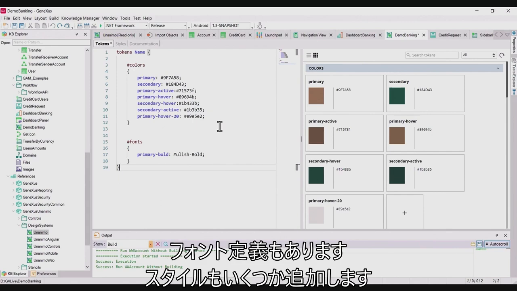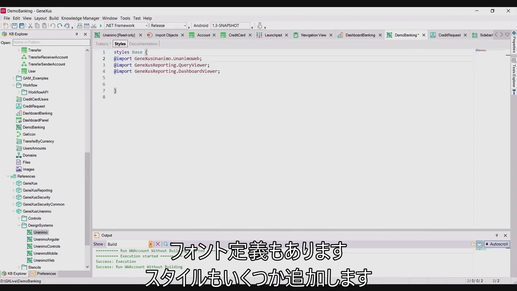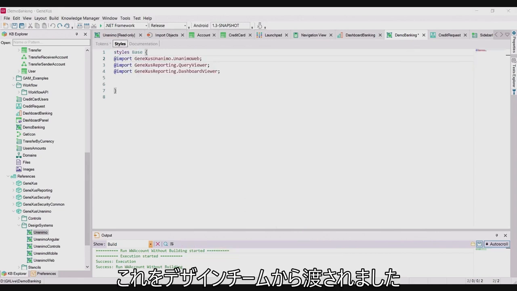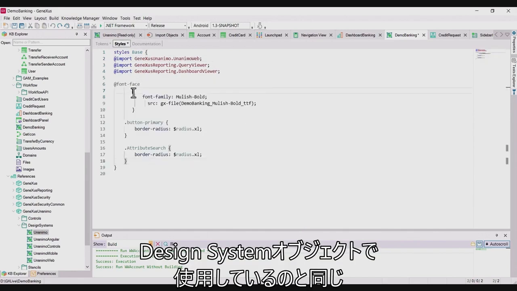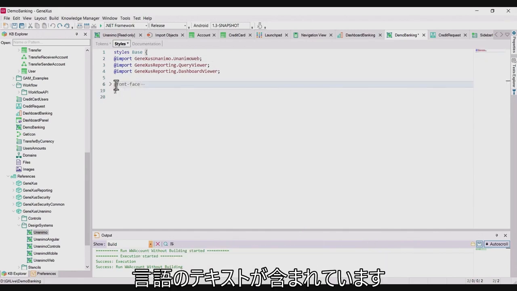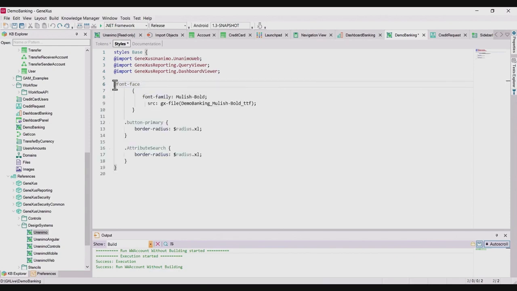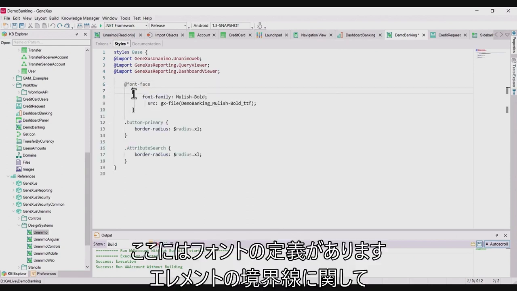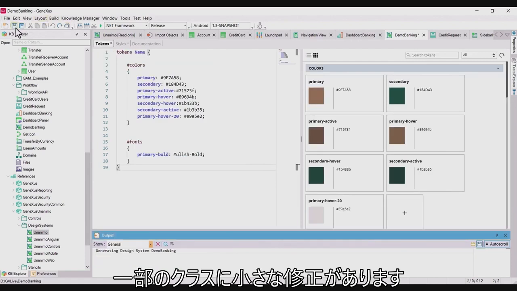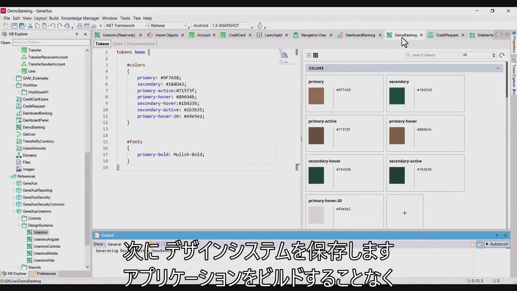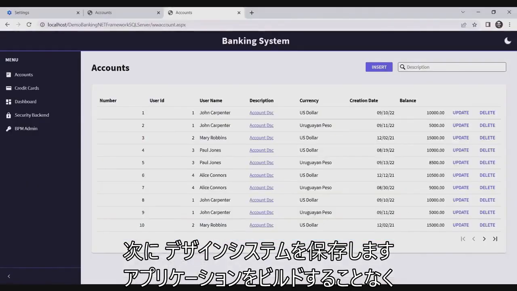I also have the definition for a font. And I'm going to add some styles. This is something that I got, as I said, from the design team. Probably the text was in the same language as we're using it in the design system object. So here we have the font definition and some minor modifications in some classes regarding perhaps the edges of the element. So I'm going to save that design system, and without having to build the application, I'm going to go